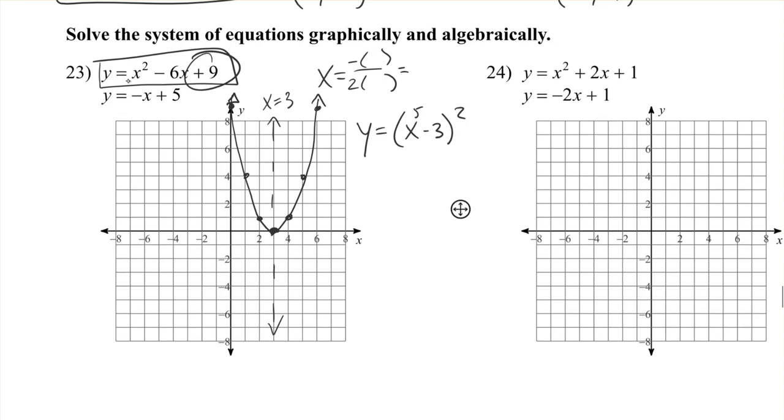And now our other equation, y-intercept is 5, slope is negative 1. And where do they intersect? There and there, so that's 1, 4 and 4, 1. Algebraically,